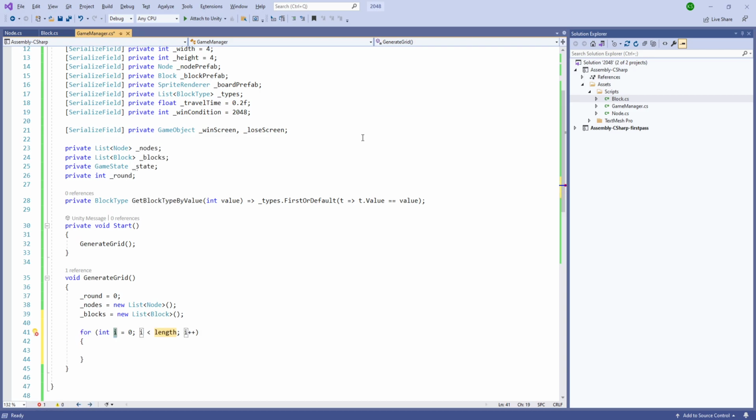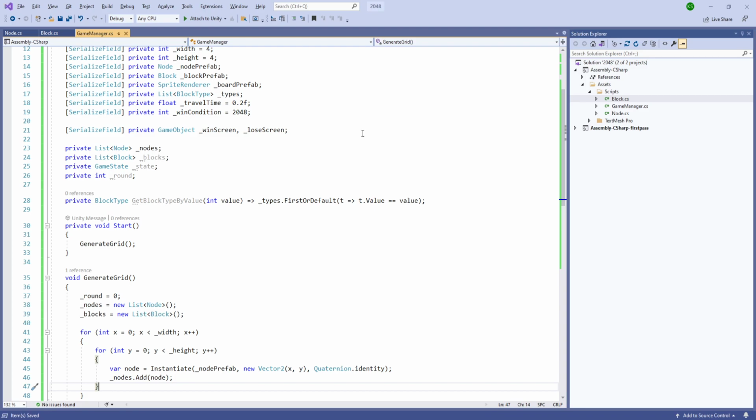And we'll do a for loop: for int x is equal to 0, x less than width, and similarly for int y is equal to 0, y less than height, we'll instantiate our nodes. So node is equal to Instantiate, and we are going to instantiate the node prefab at new Vector2 at x comma y, at Quaternion.identity, and we'll add the current node to the nodes. And after we have done that,